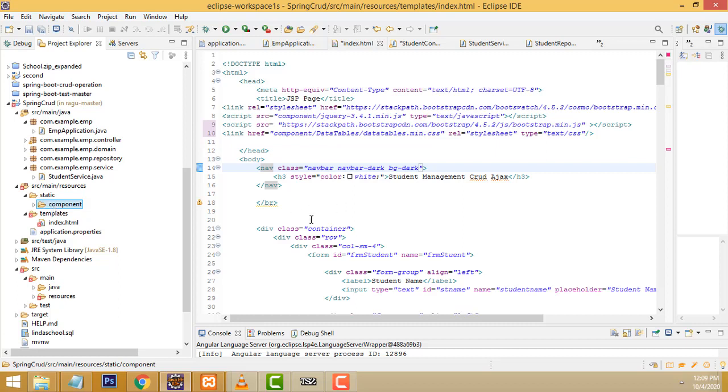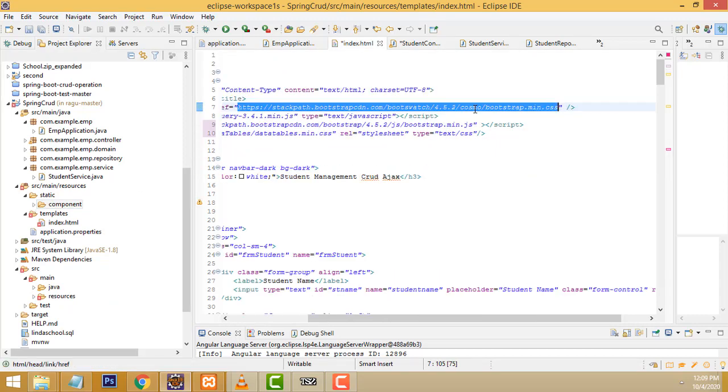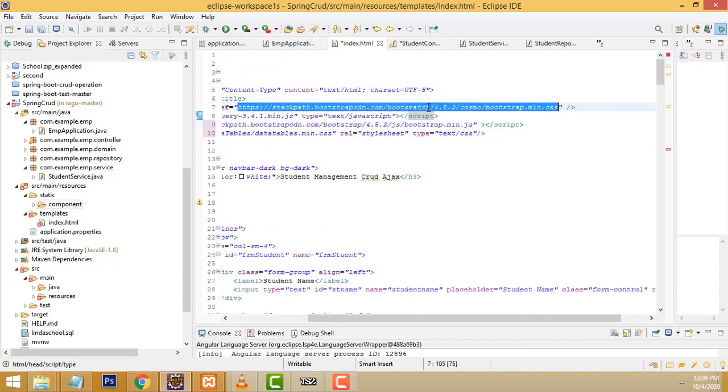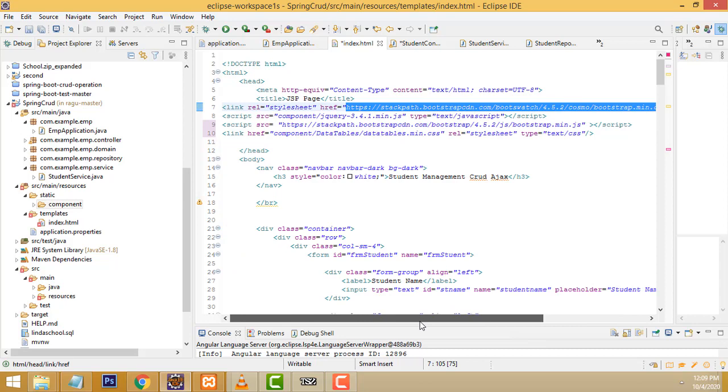Here we have custom CSS as well as a JS file. You will paste it here as a separate component folder. You will be able to run it, rather than using the link from the CDN, right? When the internet connection is not there, it is not working and the style is not taken. It is very complicated.